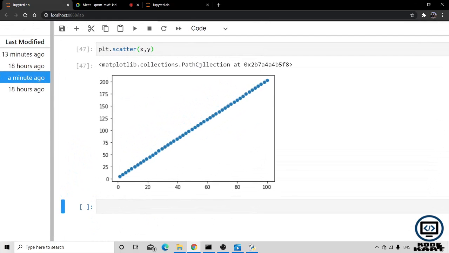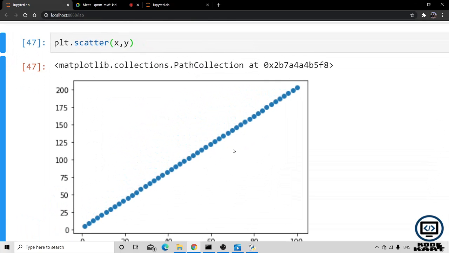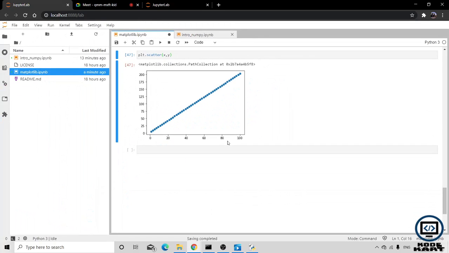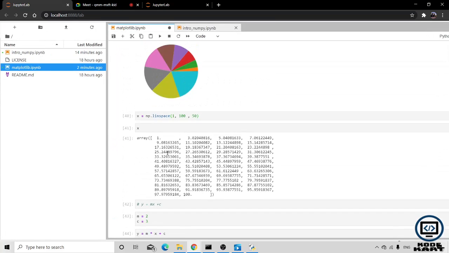Now you're able to see all the points differently. Scatter is going to generate 50 different points. This is linear data, but when you have data in real life, it is not going to be perfectly linear. There are going to be some ups and downs in it. So we are going to generate noise in it. For generating noise, what should we do?